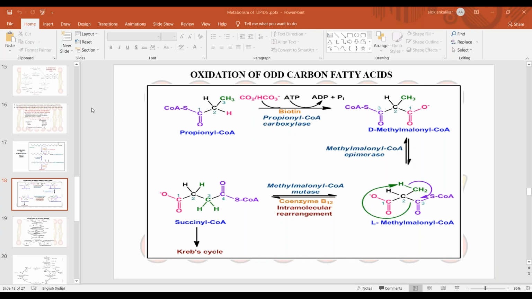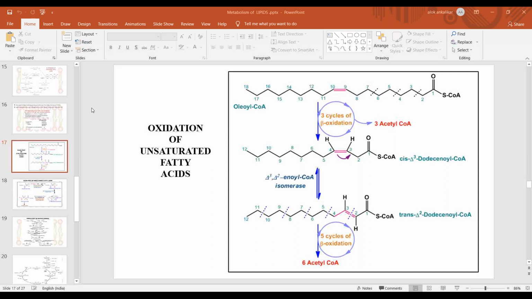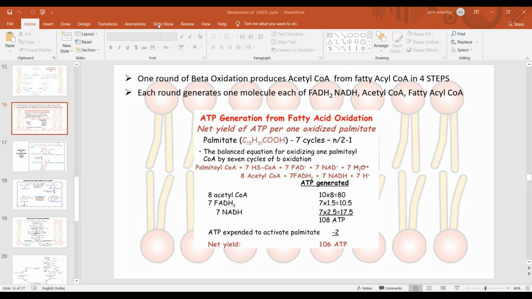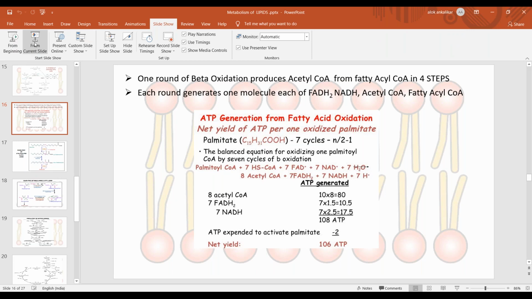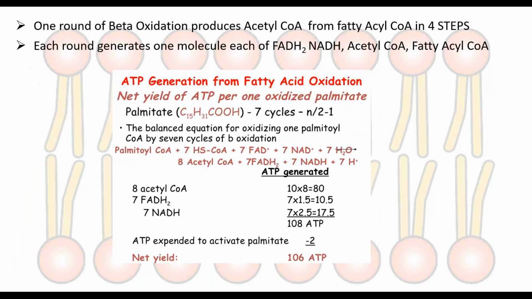So in the previous class, we saw about beta oxidation of fatty acids. We have covered in the previous class those fatty acids which contain an even number of carbon atoms, polyunsaturated fatty acids and monounsaturated fatty acids, as well as saturated fatty acids. So we will have a quick recap of how exactly things are working. In the case of saturated fatty acids, what kind of beta oxidation process is happening.